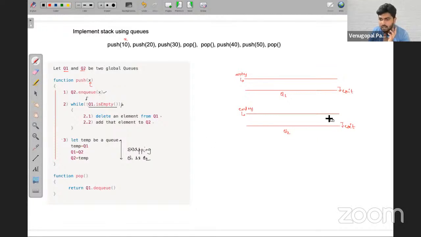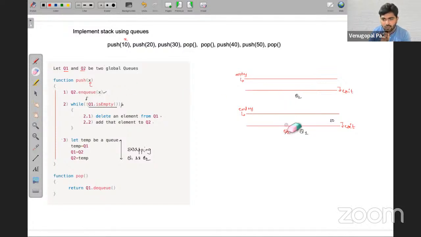Then whatever elements are present inside Q2 will go here. Or in simple words, this Q1 will be coming here and that Q2 will be going there. This 10 will be present here only. Just the names will get interchanged. That's it. Which means now this will become Q1 and this will become Q2. That's it, friends. Next.